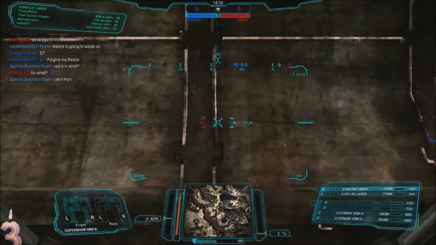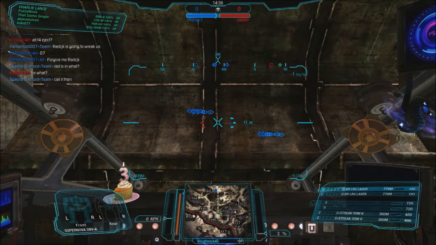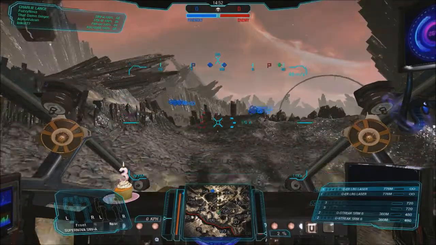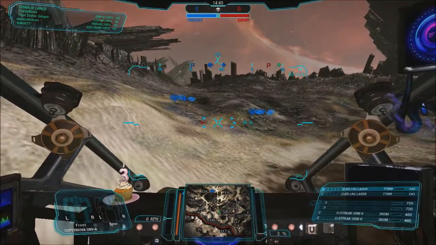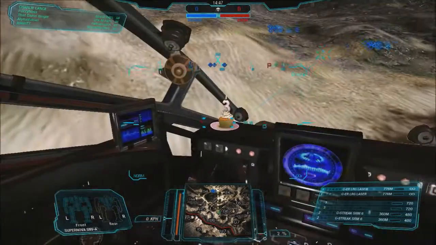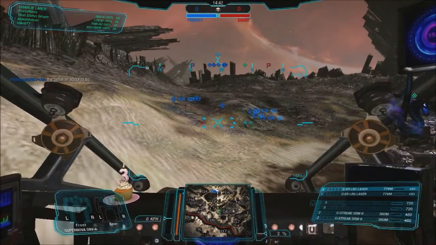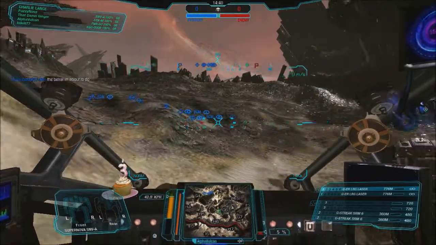Tourmaline Desert. Supernova A variant. I've got 2 ER large, 2 LRM 20s with Artemis, and then I've also got dual Streak SRM 6s. So yeah, unfortunately, I can already tell it's